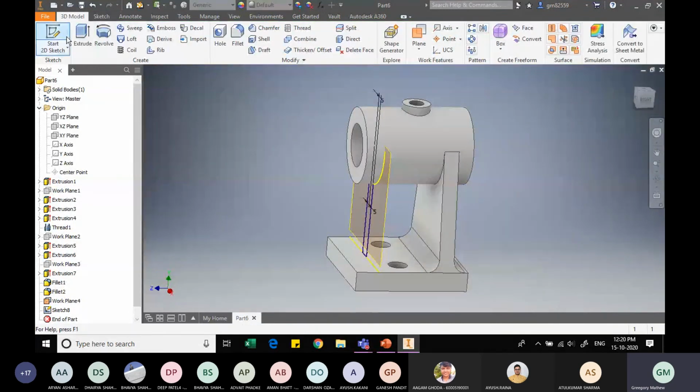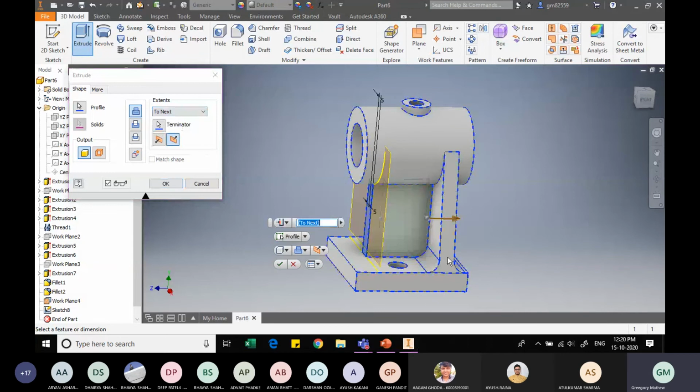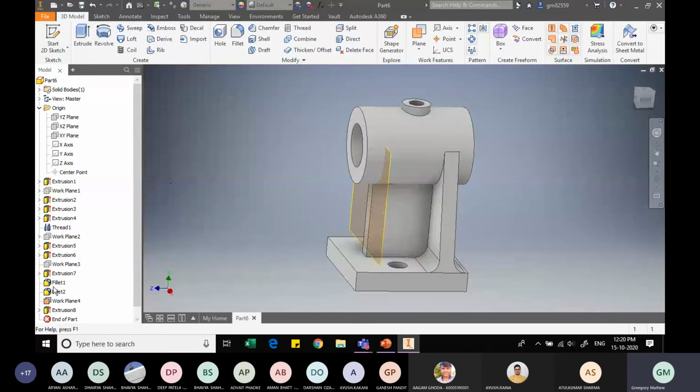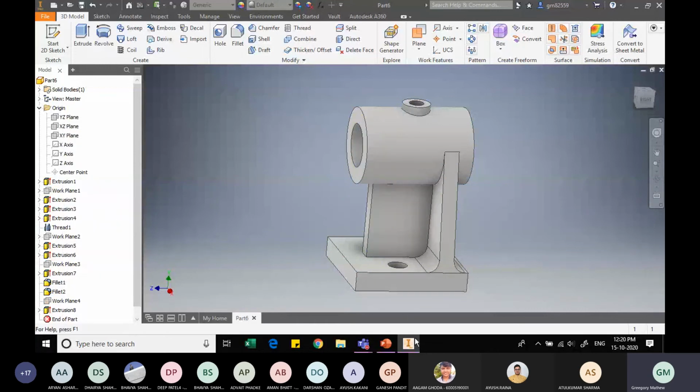And now let me check if it is done. Extrude. Yeah, so now it is selected. Extrude in the reverse direction, but up to where? I want it to reach the surface, right? So I will simply select To Next. It will come and mate accordingly with the surface, and I click on OK. So this face is not required, so I will now turn its visibility off.